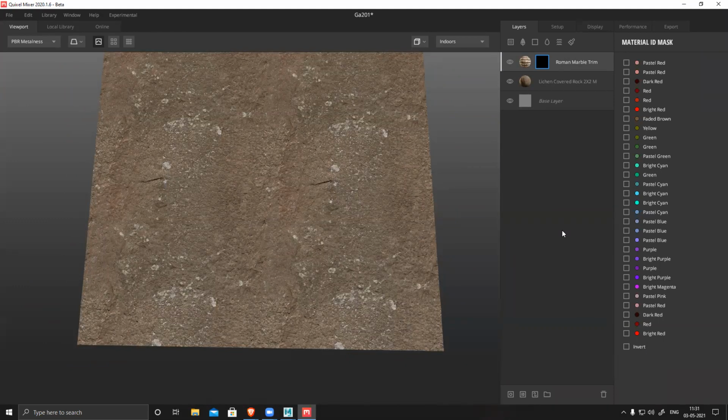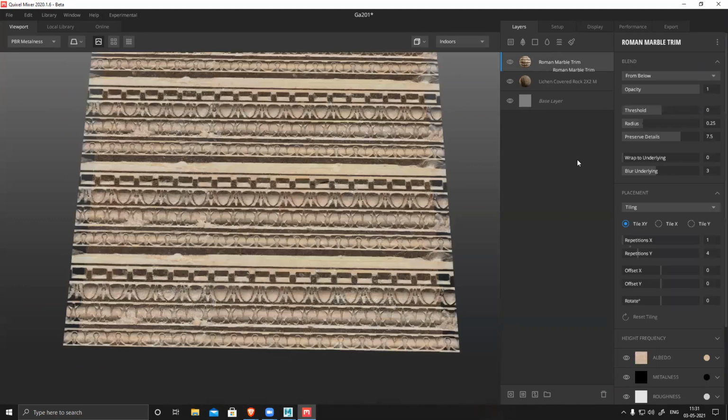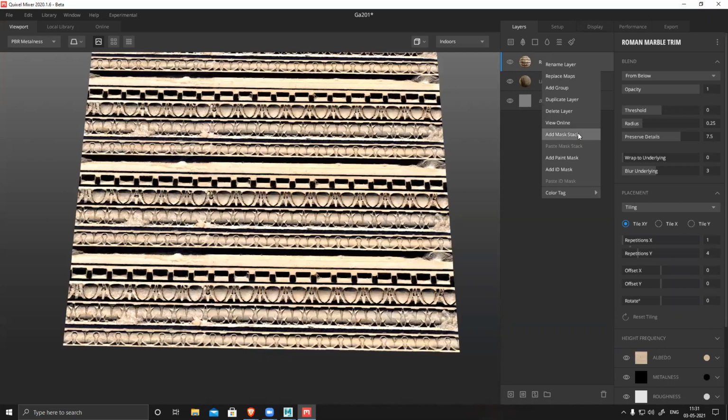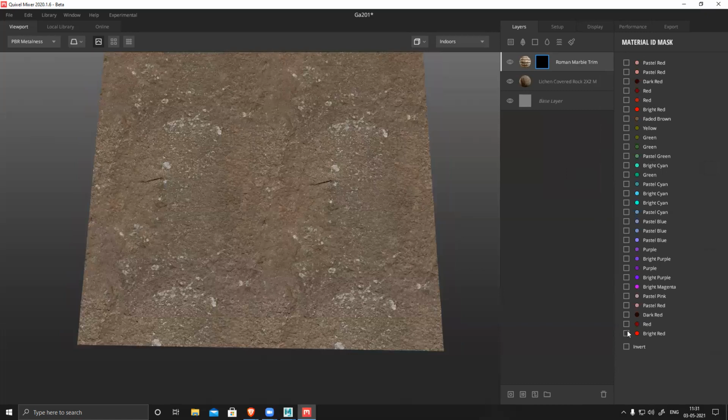What is the difference? Okay, I'll explain that. Add mask stack is basically where I create a mask which is editable. I can manually modify, paint, and edit. Paint mask is again a painted thing. With the stack, I can combine multiple masks together, like in Substance, where in a generator we can apply multiple generators together. The stack is basically that, and paint is a solid mask we can paint directly, and ID is where we have created an ID mask. We already have an ID, so now I just have to switch them on.